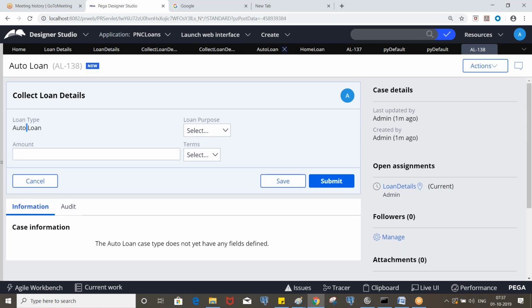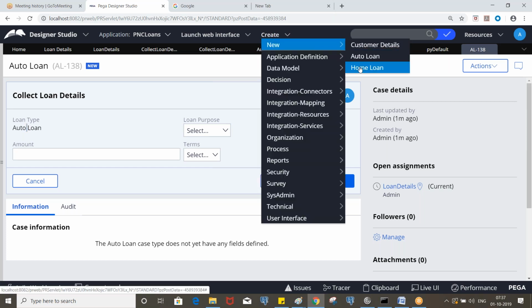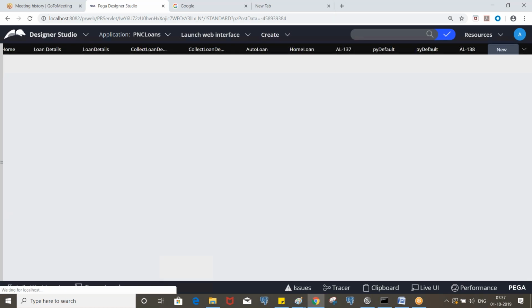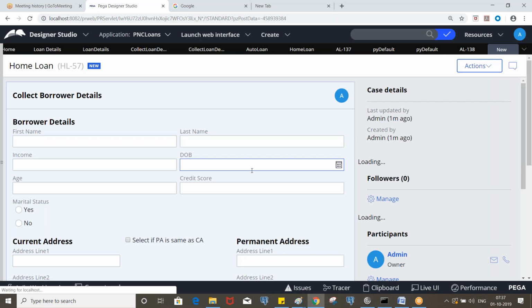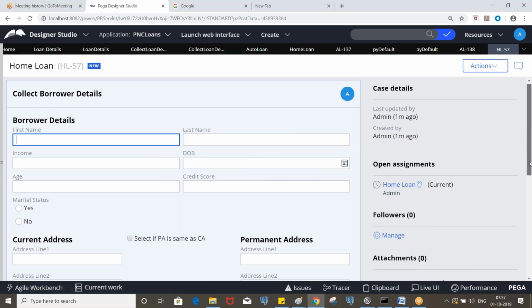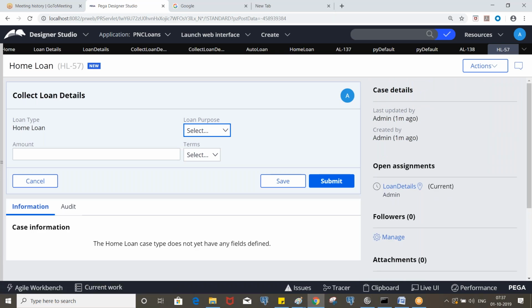Now if we execute home loan, it is defaulting to home loan and it is read only. We need to handle other values also. We cannot do this through data transform.